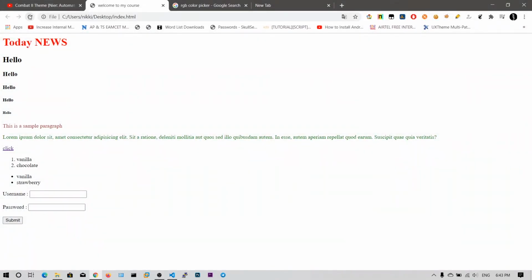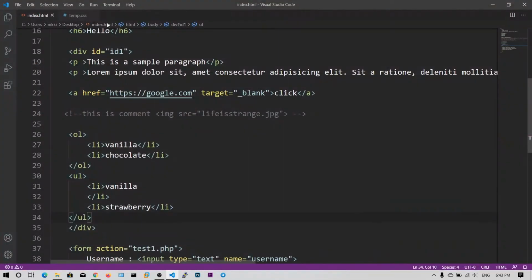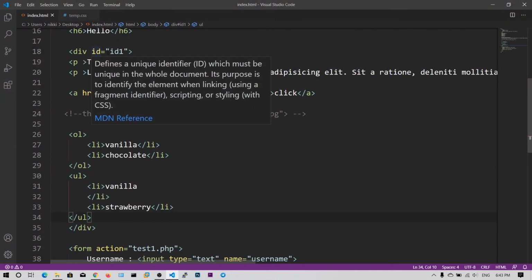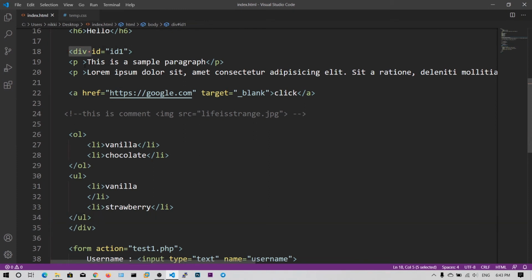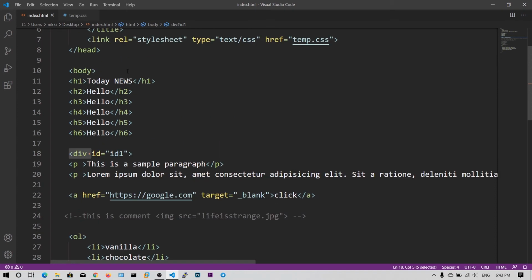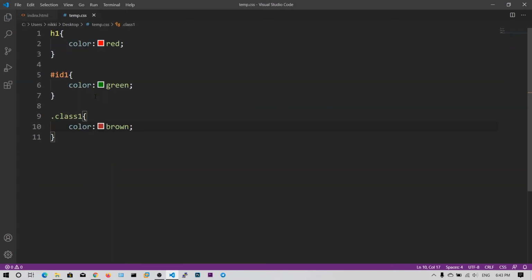Let me refresh this page. As you can see, all these elements have turned green because this is a block level selector. And if we add some styling to this block, it will apply to all the tags in that block. You can check it with body also. Since body is also a tag, we just say color is equal to red.